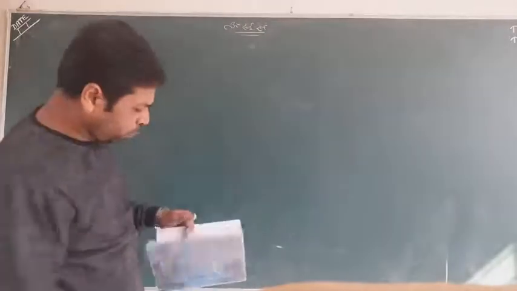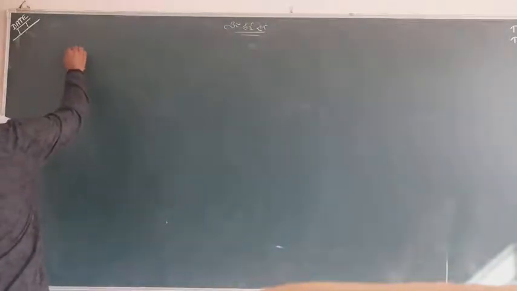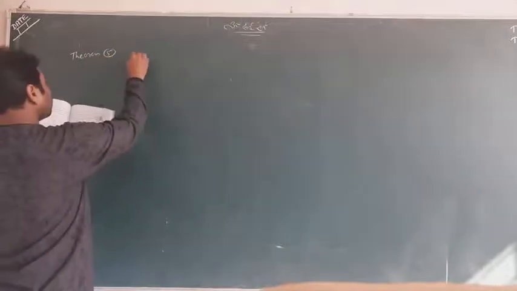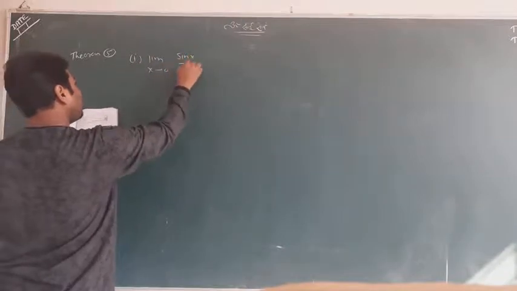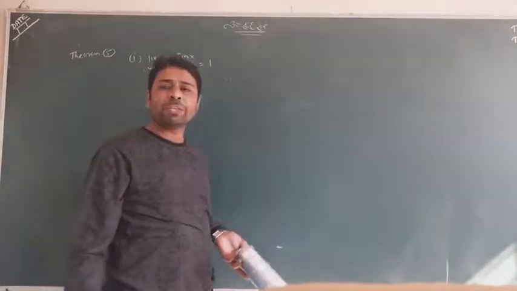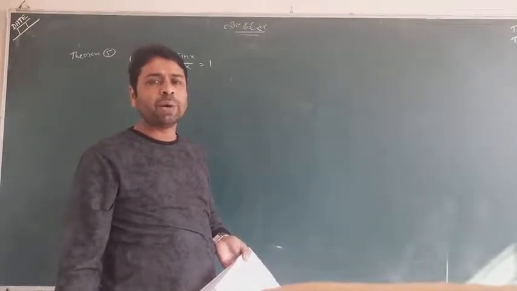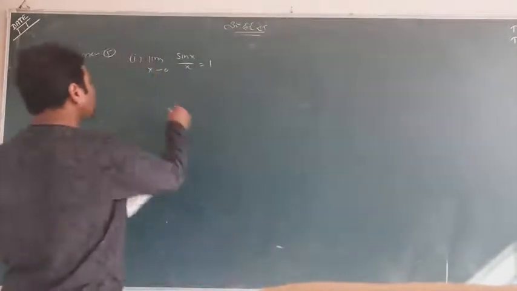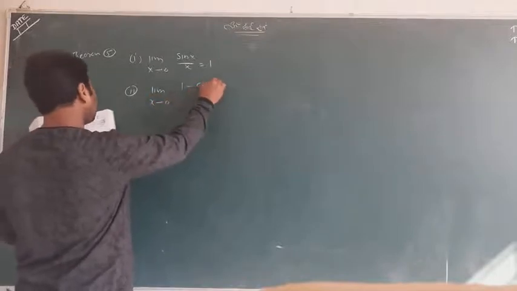Now we can see some questions of the book. We have some good questions. Theorem number 5 it is actually. First question, sin x upon x, I already have taught you this. If this question comes in the exam, you have to do the whole derivation which I already made on the board. Sin x upon x equal to 1. How it came? I taught you already. Now question number 2, this is a beautiful one. This question can come in the exam.